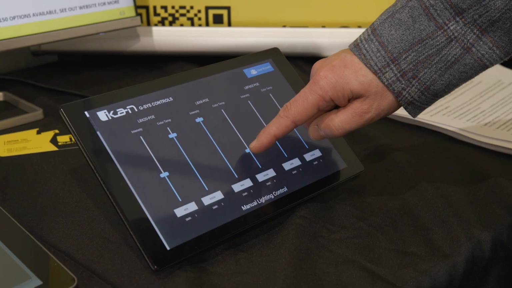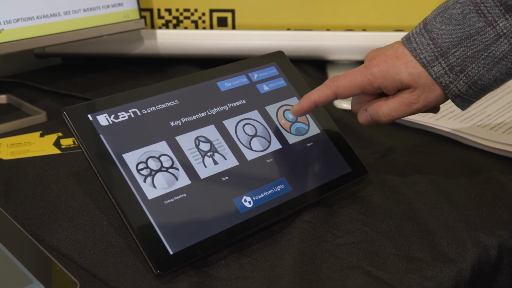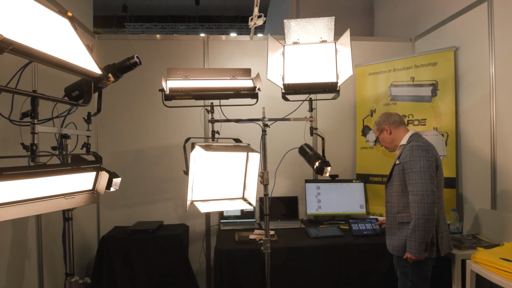So tell us a little bit about your brand, tell us about the portfolio, and then we'll get to the cool plugin that we've developed together. We are based in Houston, Texas. We manufacture professional broadcast equipment, mostly in the in-studio application, which means lighting, teleprompters, and tripod pedestal systems.